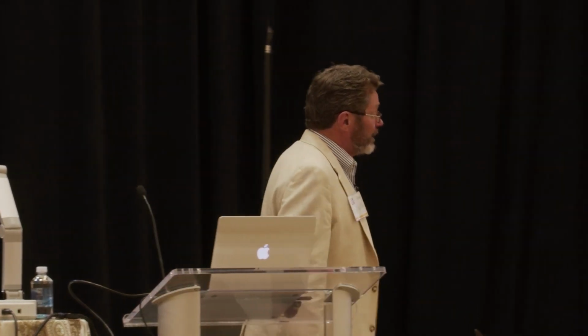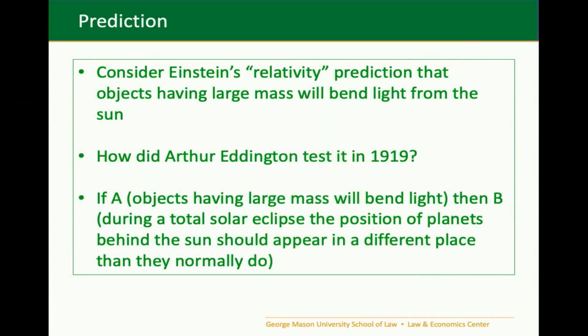So, this kind of thing has actually occurred. Let's take a famous example: Einstein's general theory of relativity. One of the things he predicted was, in contrast to Newtonian physics, where Newton hypothesized that light travels in a straight line, Einstein said, no, light and mass are related. There are objects, I hypothesize, that are large enough to bend light. And in 1919, they did that experiment. They thought Arthur Eddington